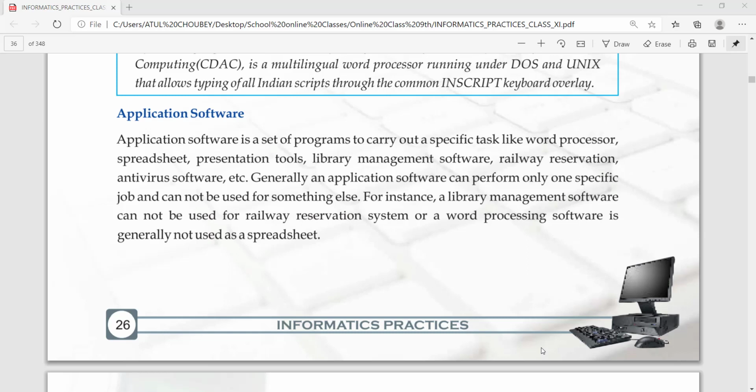In the previous class, we understood about system software. Now we are going to understand about application software. Application software is a set of programs to carry out a specific task, like word processor, spreadsheet, presentation